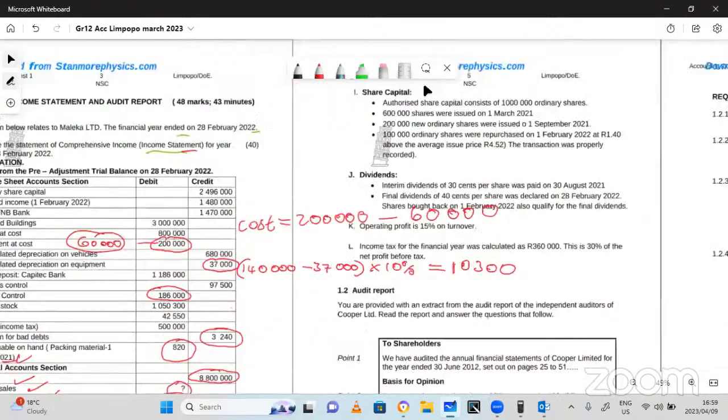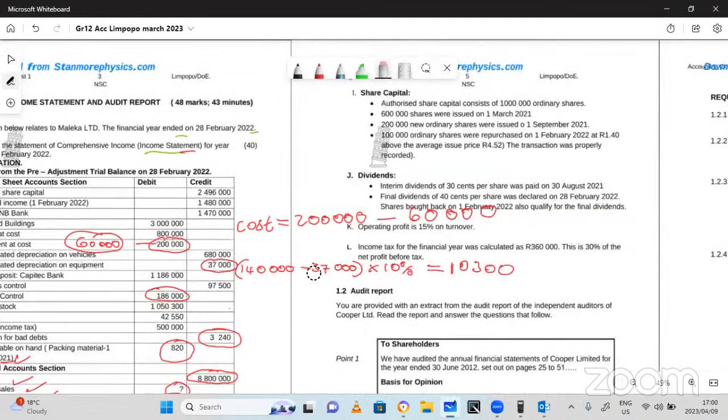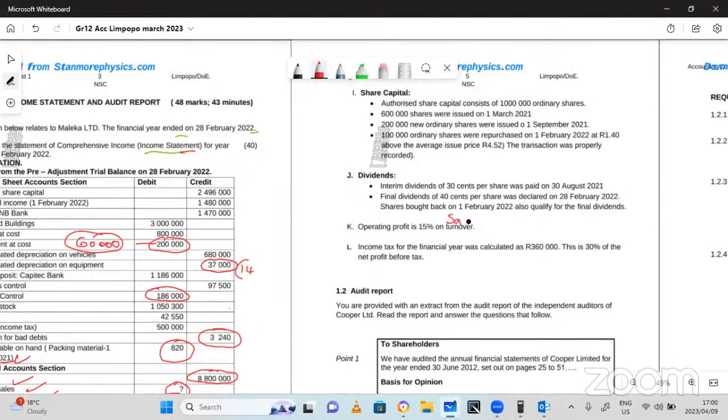Remember, there it is. Starting from the bottom, we are given information for two. We're given that the operating profit is equivalent to 15% of the turnover. What is a turnover? These are sales, guys. So now, if we know that operating profit is equivalent to 15%, and as well, we know that the income tax